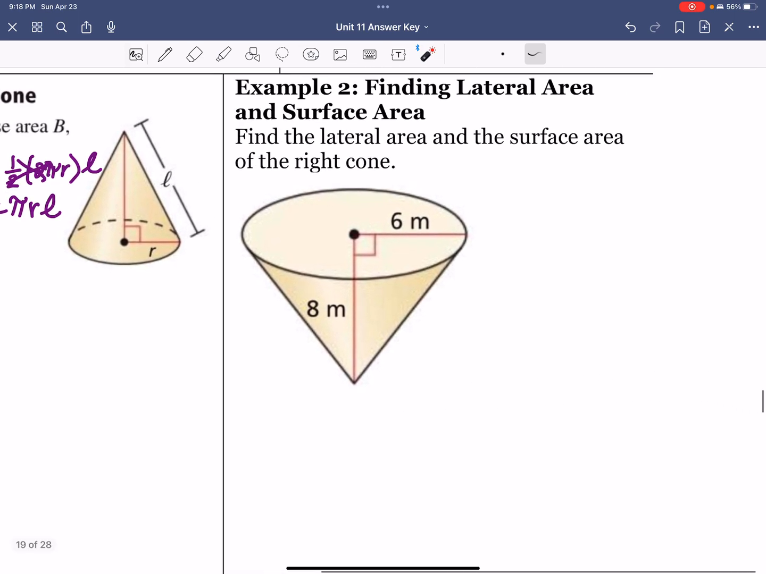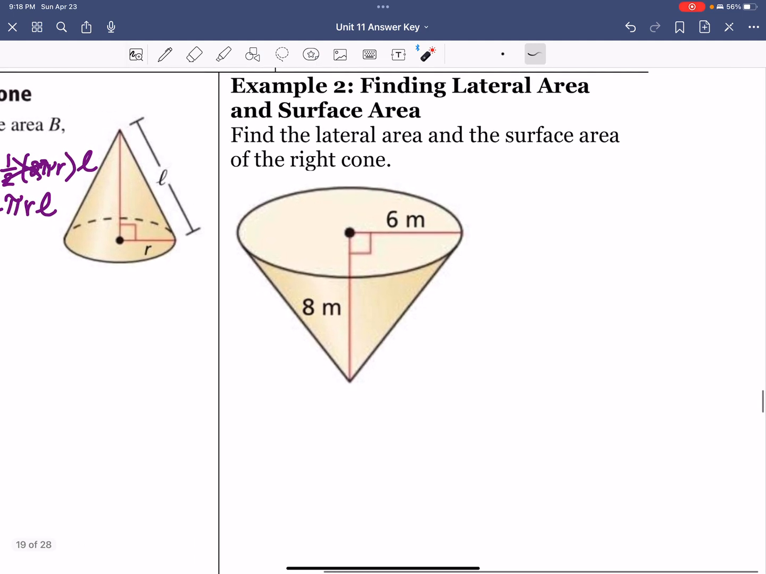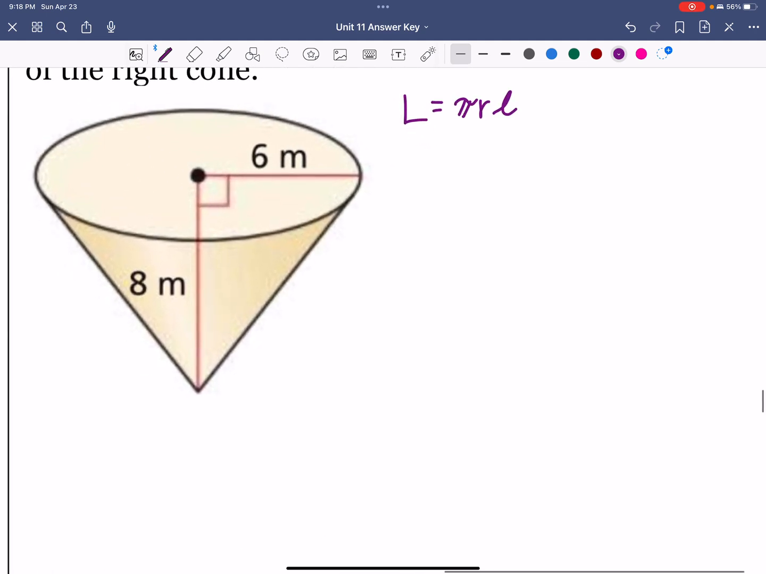So just like the cylinder, this one is a little bit simpler because we do have one set formula. So let's focus on the lateral area first. And the lateral area, like I said, was pi r slant height. We have the radius of 6, but we don't have our slant height yet. So I'm going to come down here,